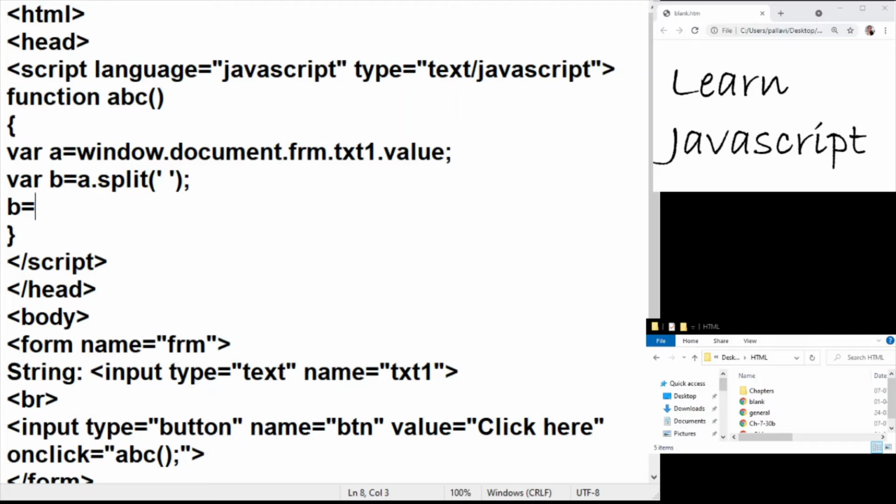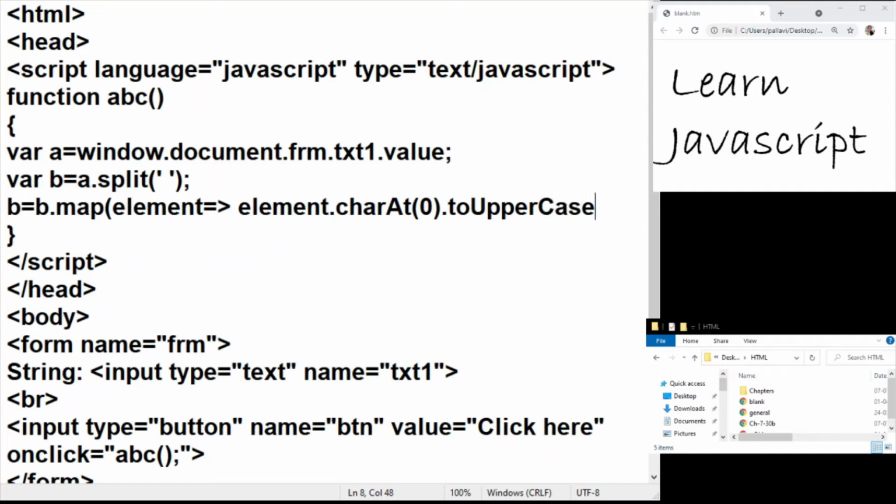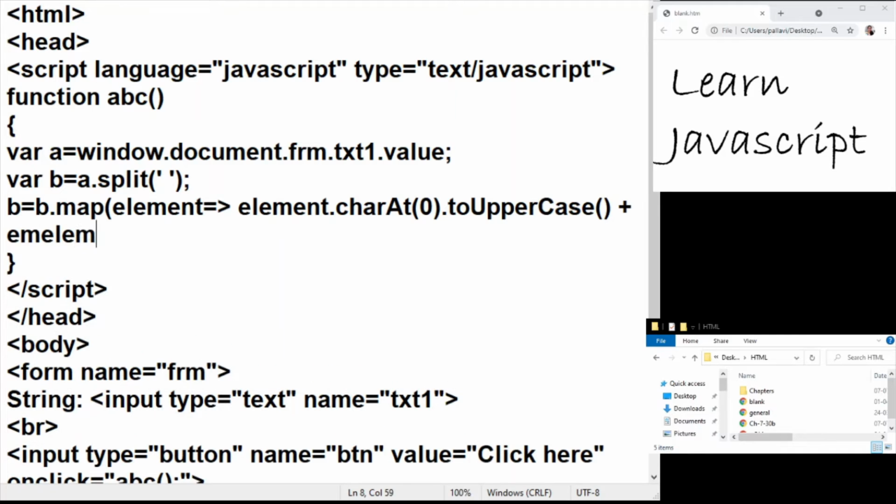So where is the string stored? It is stored in B, right? And we're going to again post it back in B. So I'm going to apply the b dot map. On the B, every element is mapped against a function. So let us represent each of the elements by, say, element. And for each of the elements, I want to extract the first character of the element and convert it into uppercase, just as in the previous video. And I want to concatenate the element,